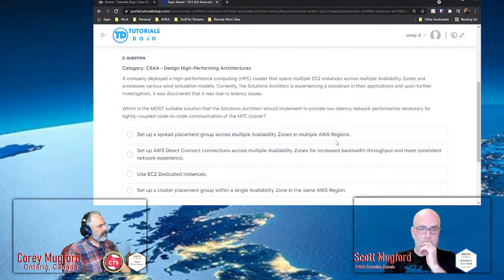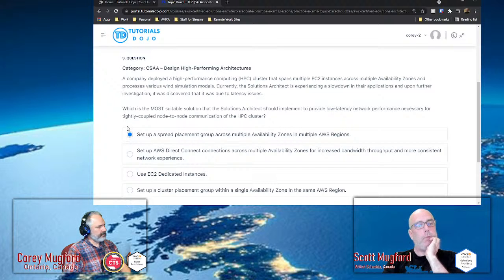Which is the most suitable solution that a solutions architect should implement to provide the low latency network performance necessary for tightly coupled node-to-node communication of the HPC cluster? I don't remember why, but this is something to do with placement groups.